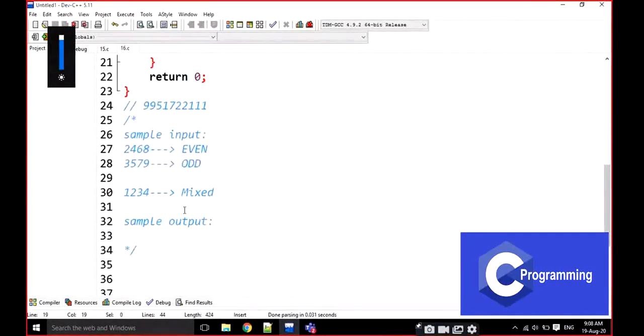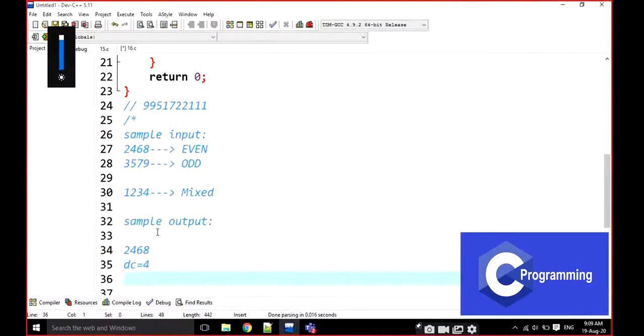How am I going to write this? First of all, I am going to think about an algorithm and then implement that algorithm. What is my algorithm? First of all, 2468 is one number. How many digits are there? The digits are 4 here.